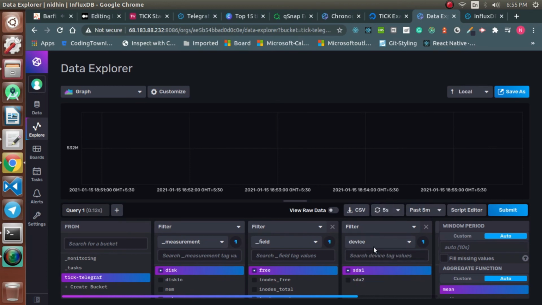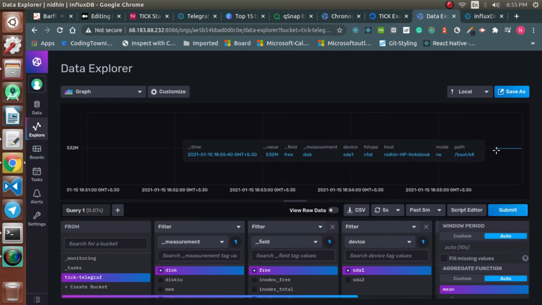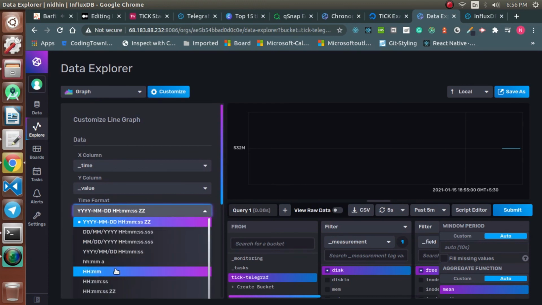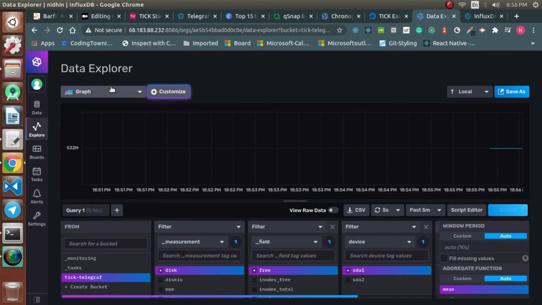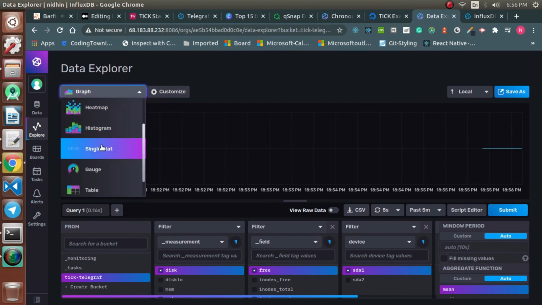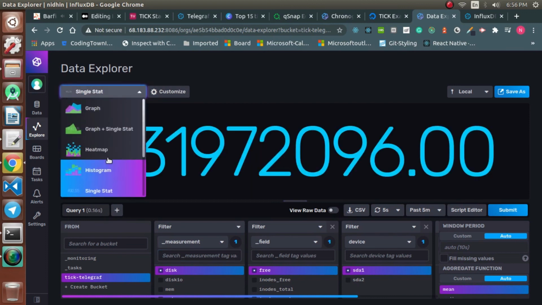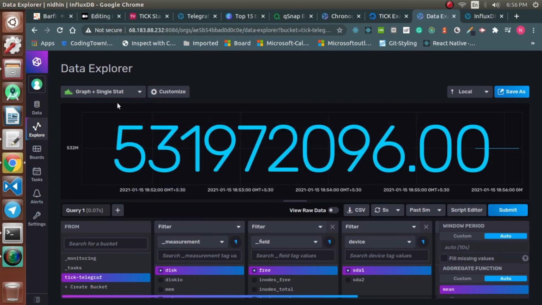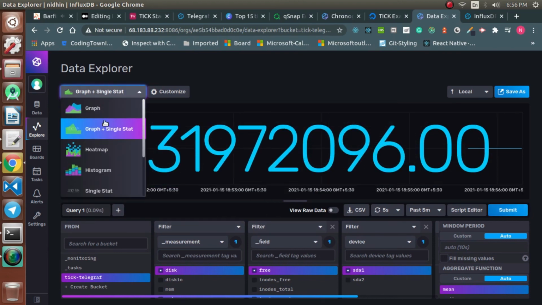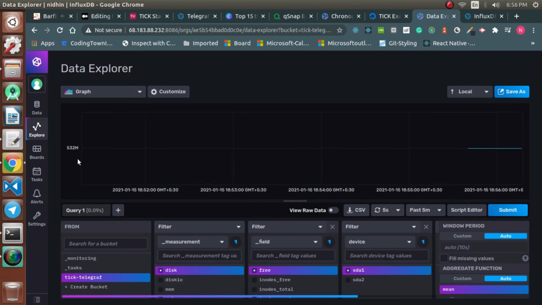So first we'll change the interval to 5 seconds. So every 5 seconds the data will be fetched for the past 5 minutes. So now if you see, the data is coming in. So we can customize the data and all those things over here, like if you want to change the graph to a single stat or a graph with this value. So we can do those things. We can do this kind of customization. So we'll keep it the default one.